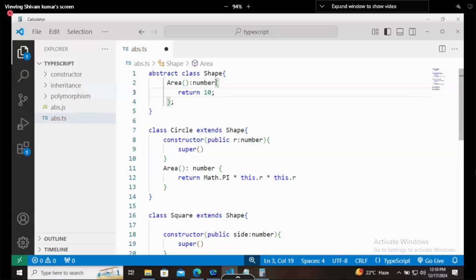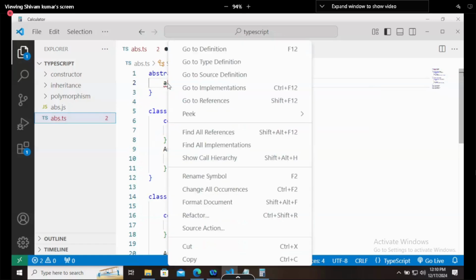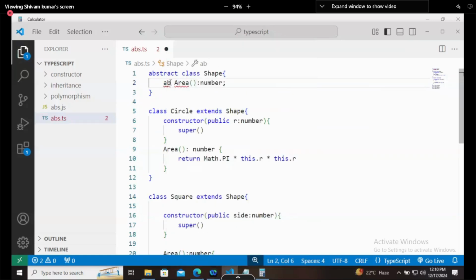Now again the same thing, you are showing your details to the user, right? The user can understand what your particular function is returning. So if we want to hide it, we have to mark it with the abstract keyword. Abstract keyword means this will not be visible to the user now.